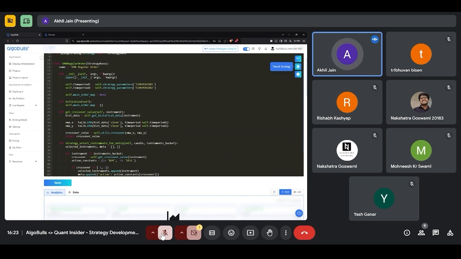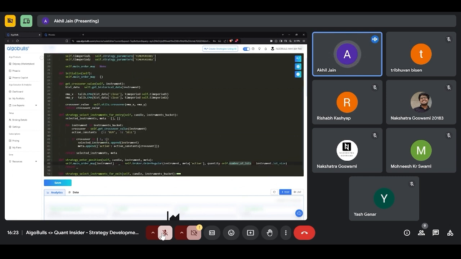And this is where we are going to give the number of lots. So let's say I say 5 lots. So that is 5 quantity for equity. So what will happen is this will place an order for 5 lots. 1 lot is equal to 1 quantity in case of equities. So 5 lots means 5 quantity in this case. So a buy or a sell will be done and I'm going to store that here.